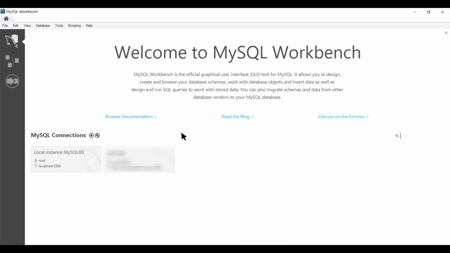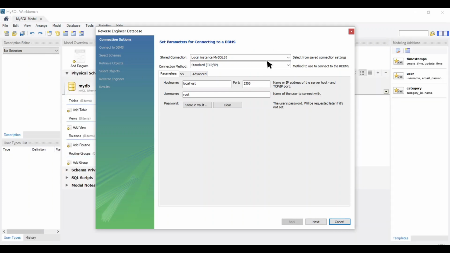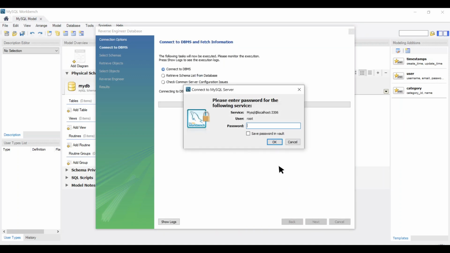For that, let's go into the Database menu and there click on Reverse Engineer, and here you have to select which database you want the ER diagram of. So you select, I want it from the local database, from the local instance, so I have chosen this, and leave the rest as it is. Then click on Next, then put your password there, click on OK,